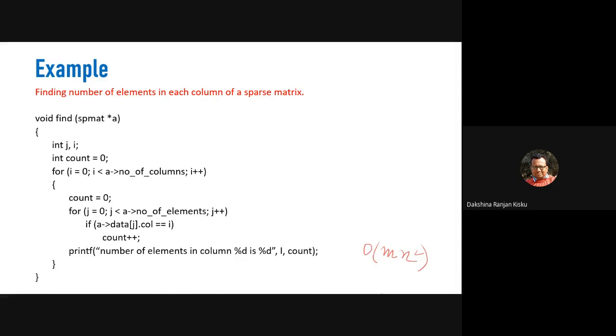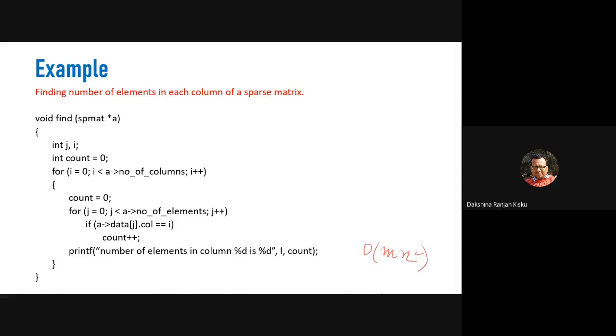Now since the number of comparisons is p into n, the time complexity of this algorithm will be order of mn square,